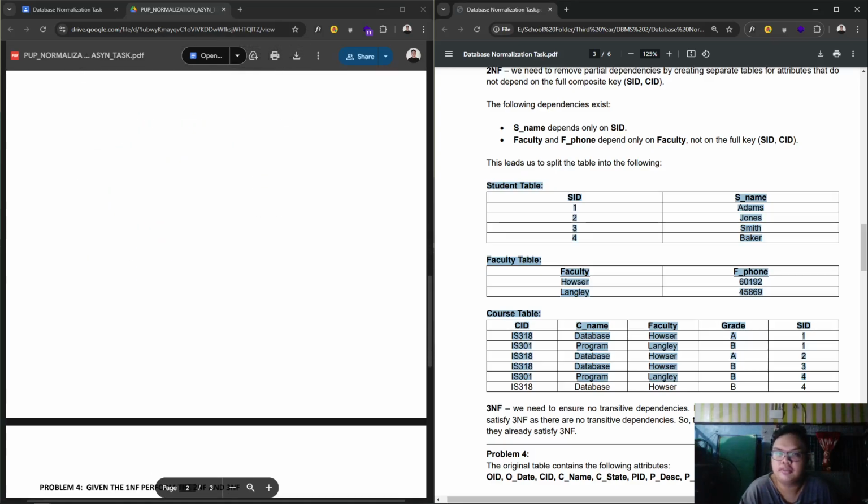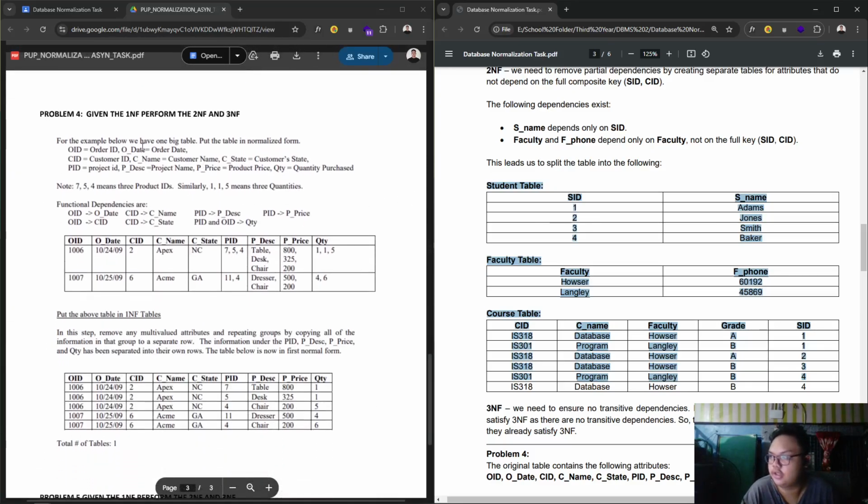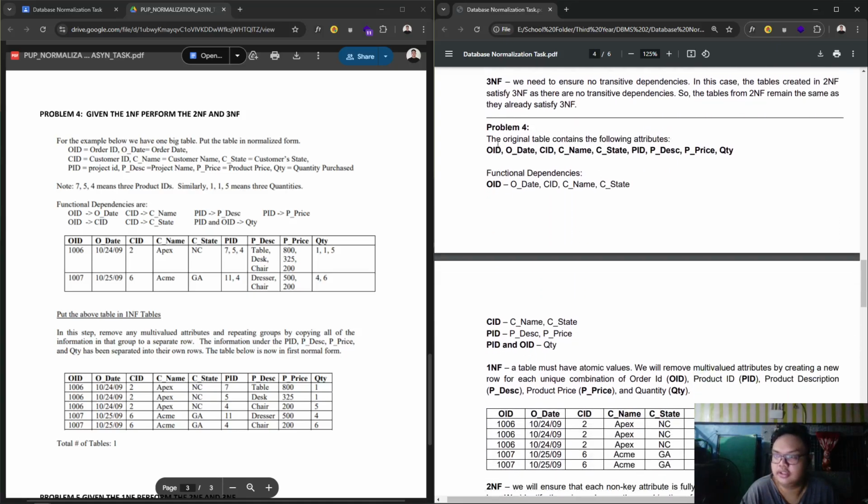For the next problem, which is problem number 4, the table contains order information, including attributes for the order date, the customer details, the product information or description, and the quantity ordered. The initial table has a lot of data, but it's prone to redundancy and anomalies if you don't organize it better. So, for the first normal form,